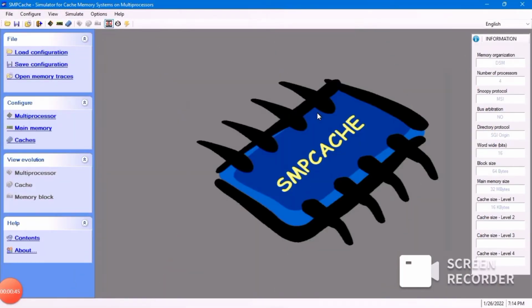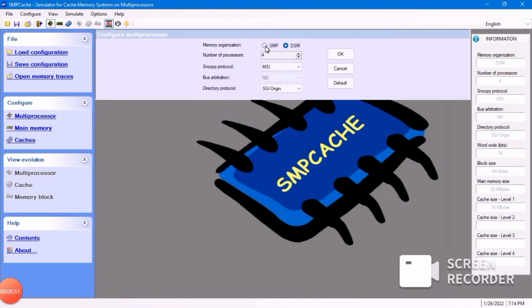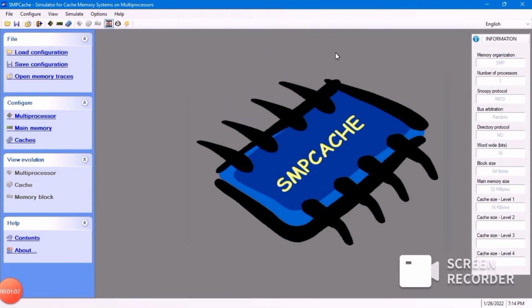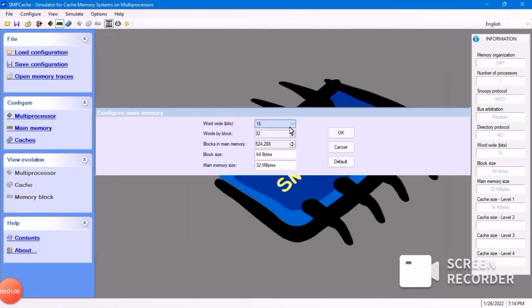For the demonstration, first of all, you need to open the multiprocessor. Select SMP, number of processors is 1, Snoopy protocol is MESI, bus arbitration is random, and click OK. Then click main memory. Words by block is 16.